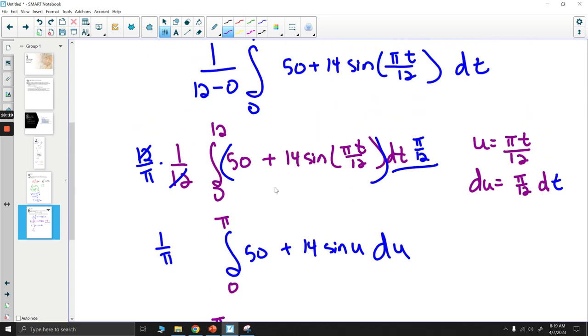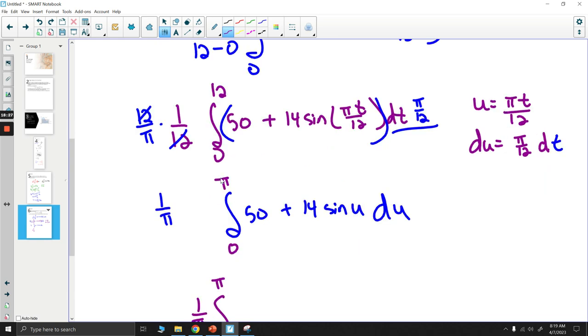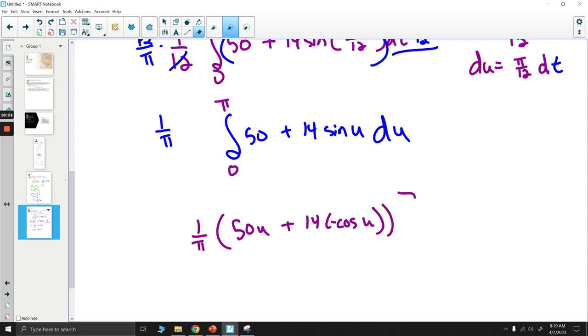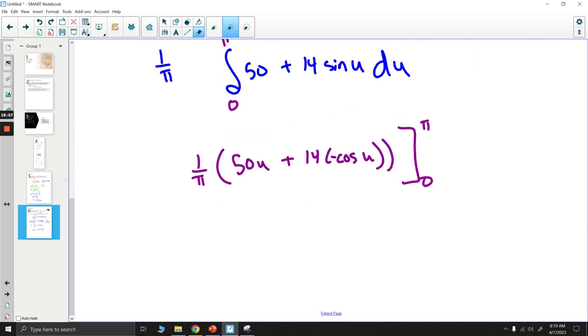Again, where did we get this? Okay, plugging in 0 for t gives us a u boundary, and plugging in 12, the 12s cancel, leaving pi, for our u boundaries. Okay, so it's this integral from 0 to pi, and I'm actually going to go ahead and do that integral. So this would be 50u plus the integral of this 14, we just leave alone as 14. Integral of sine is going to be negative cosine u, and we're taking this from pi to 0. Okay, so this would be